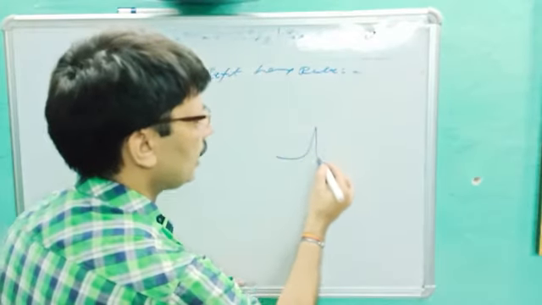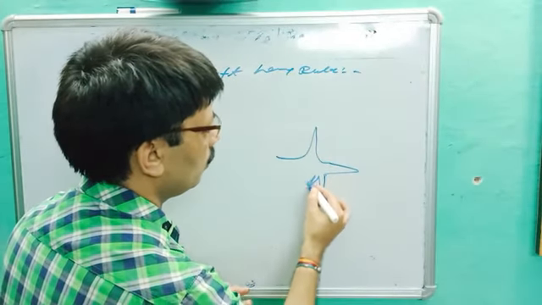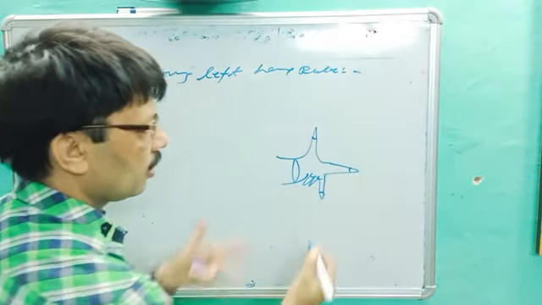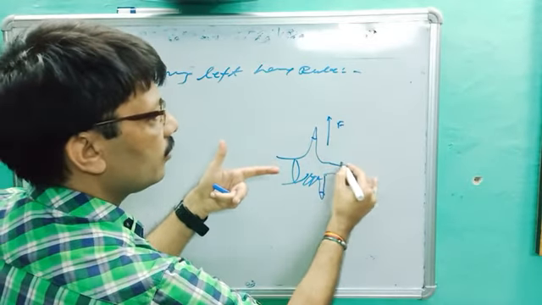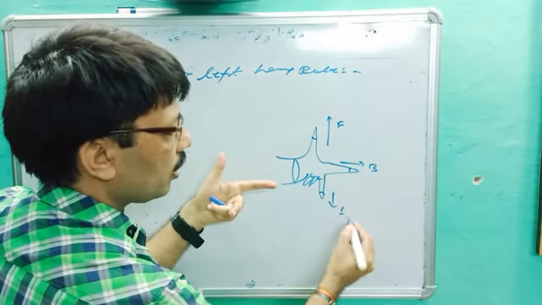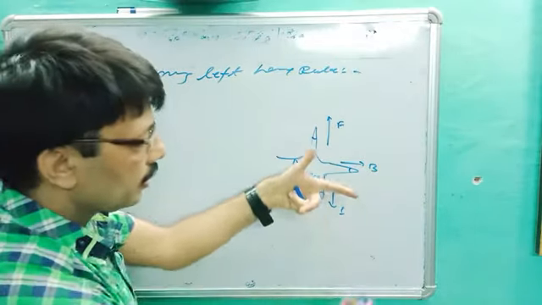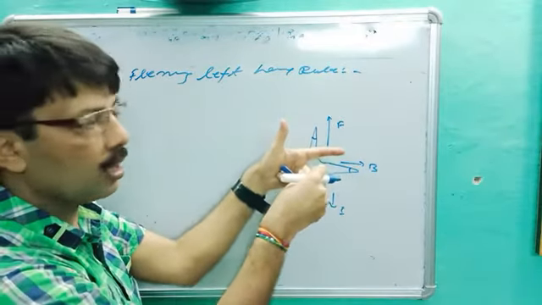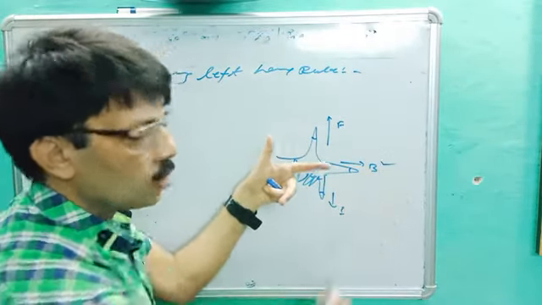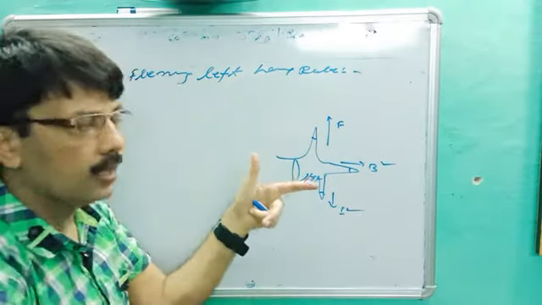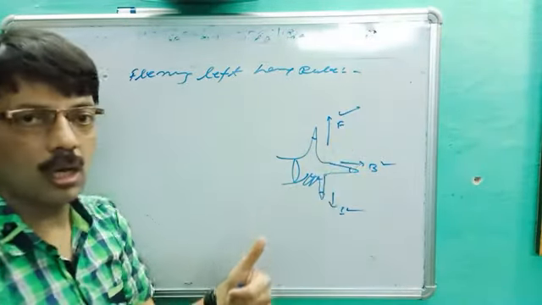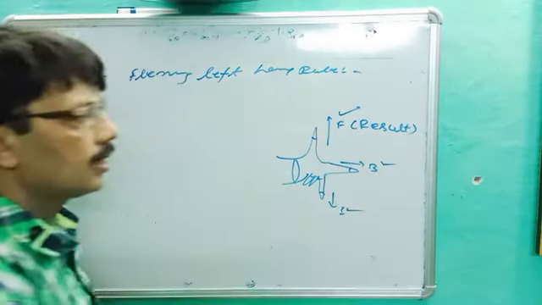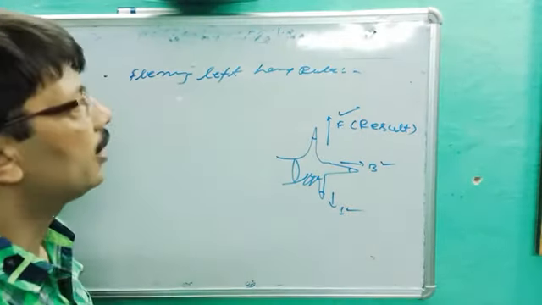So it can be recognized like this. This is Fleming's left hand rule. This is F, this is B, and this is I. F, B, I. If we stretch our left hand such that thumb, forefinger and middle finger are mutually perpendicular to each other, then if the forefinger represents the direction of magnetic field, the middle finger the direction of current, then the thumb will represent the direction of force. It means force will be the result. Are you getting it? So this is all about your Fleming's left hand rule.